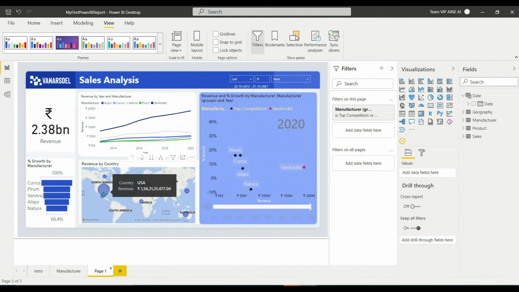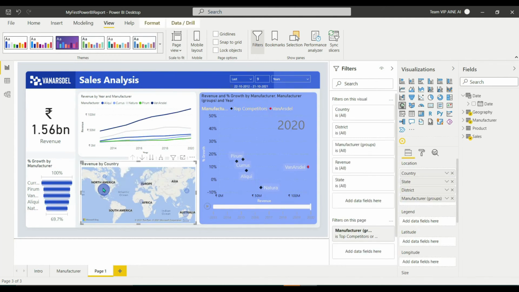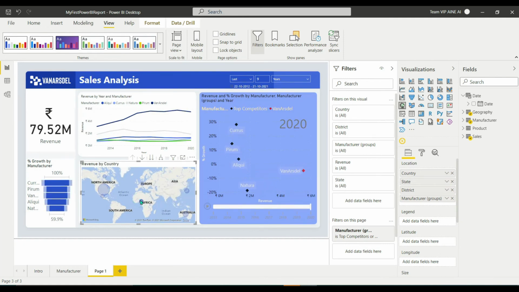If we click on North America, we can see that Currus still has the highest percentage growth across the globe. If we click on Australia, Currus is still at the top of the line with the top growth in the industry.